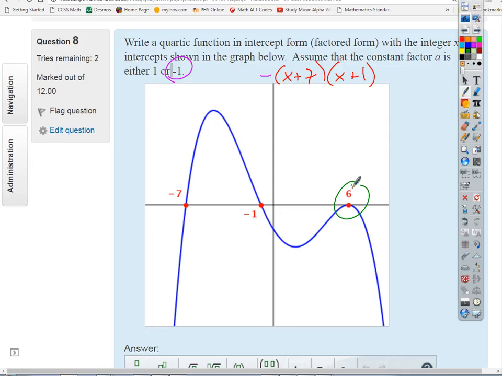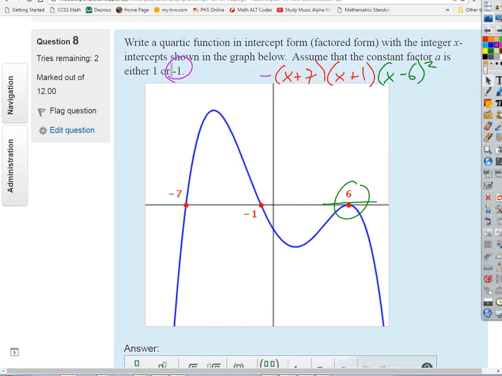X minus 6, but what's unique about that one? Yeah, it's bouncing. It's not cutting through, it's grazing it. So it's going to be x minus 6 squared. Okay, make sense? All right, good. Okay, so that's that assignment. Now, how about